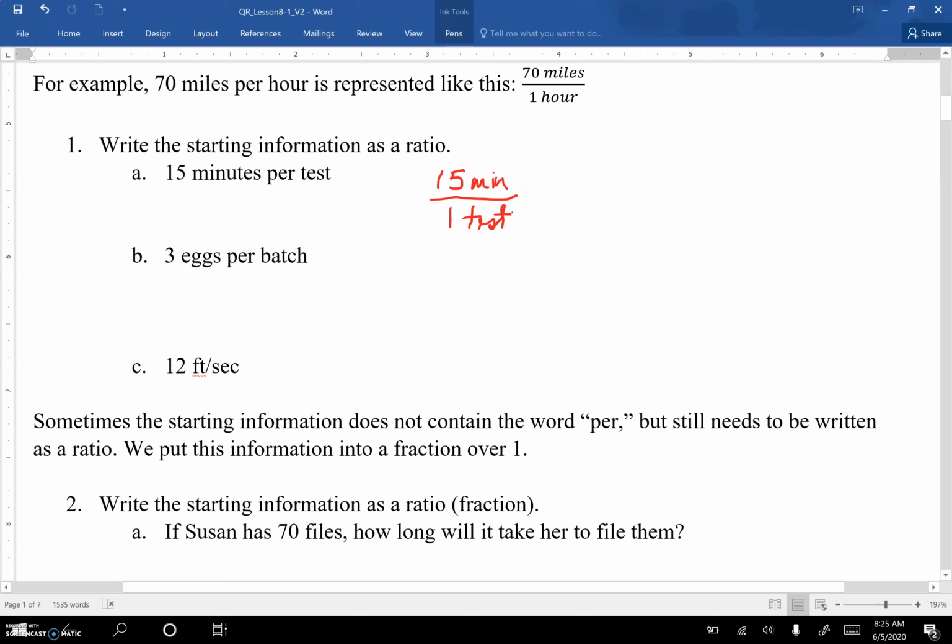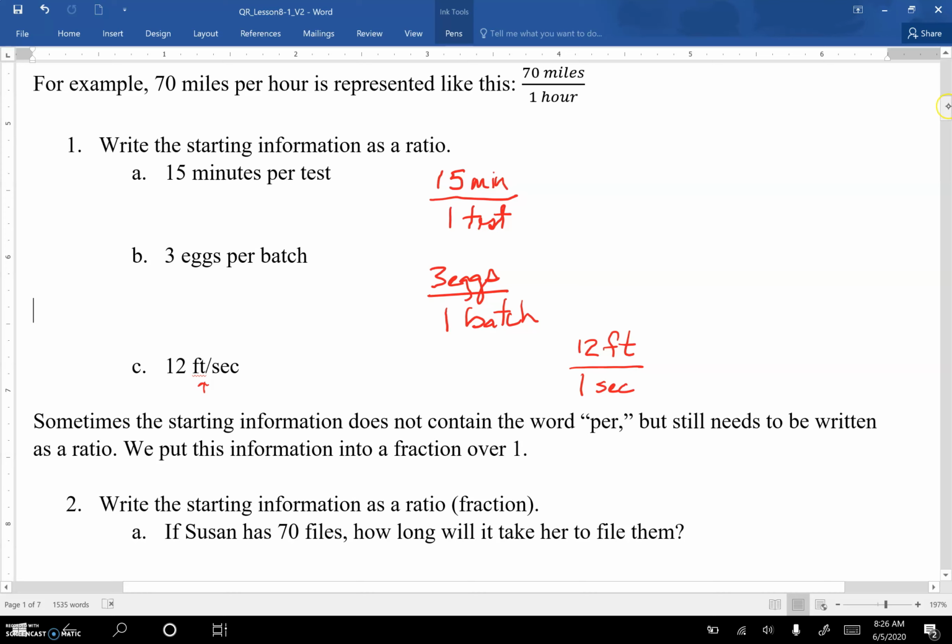And 3 eggs per batch is going to be 3 eggs over 1 batch. And 12 feet, this is a per also, and so 12 feet per second is actually already created as a fraction for you, but perhaps it would be easier to see things if you wrote that as 12 feet over 1 second. And these are all nice because it has the word per, or it infers the word per in it,